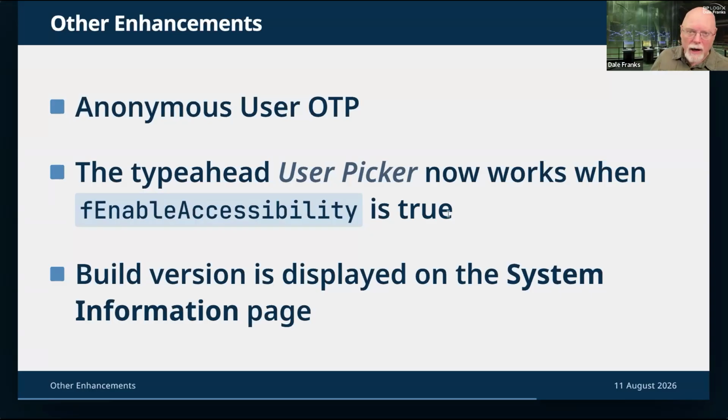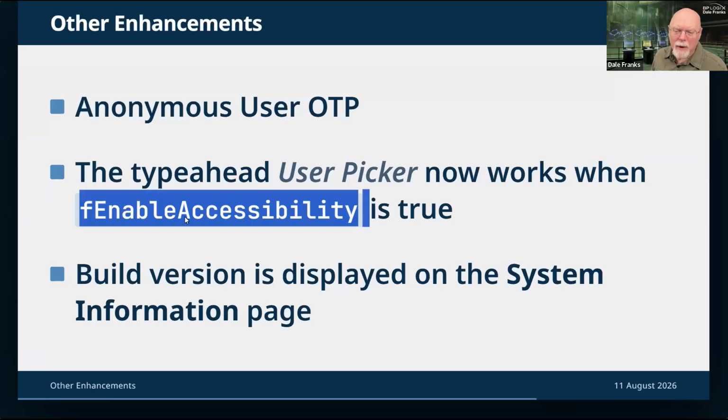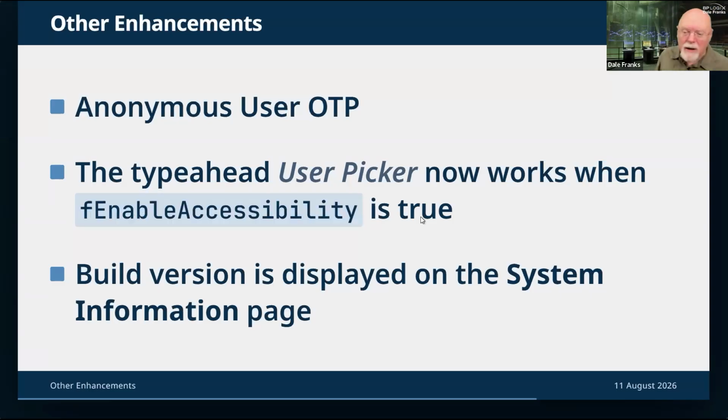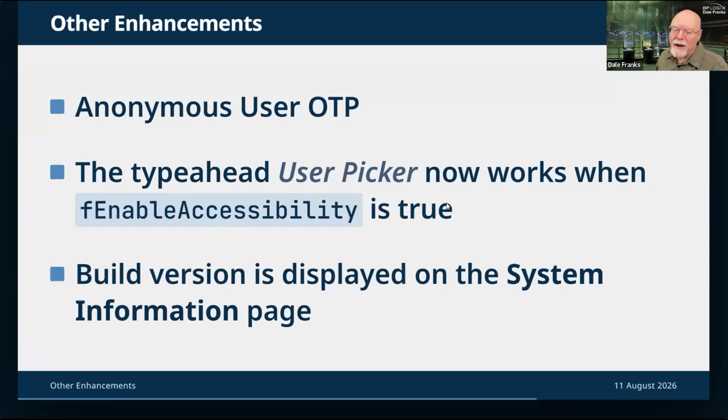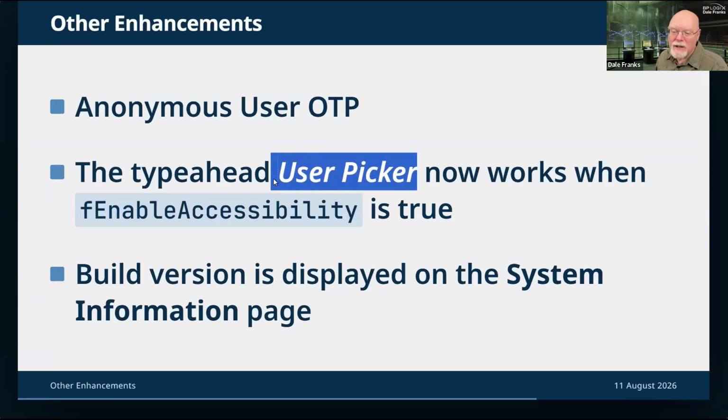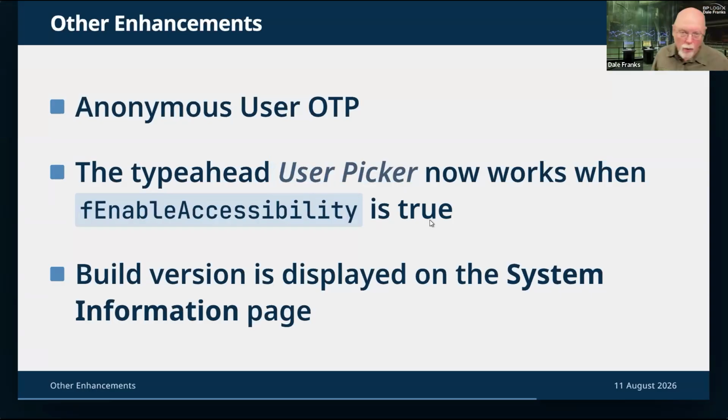The deadline had run out. They all had to be fully accessible. So that includes universities and municipalities and so forth. They have since put that deadline off until next year. But we did a lot of accessibility work. So there's a debate as to how much F-enable accessibility actually gives us now. But with all of that aside, and whatever the future of F-enable accessibility might be, you should know that if you currently have it set in 6.1.200, the user picker control will display as a type ahead, which is, I believe, what most people would prefer.